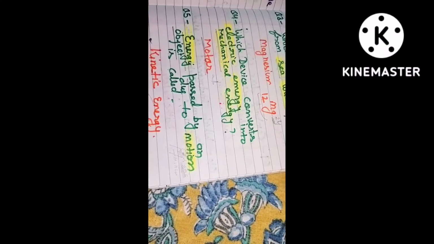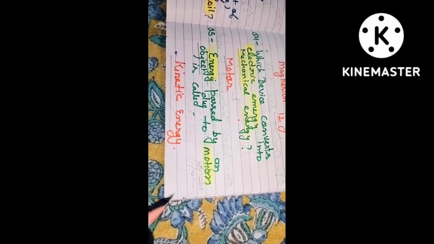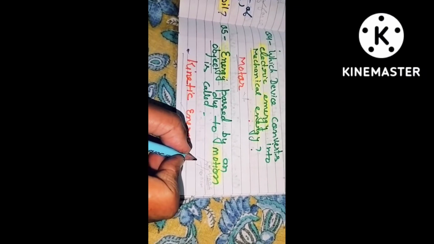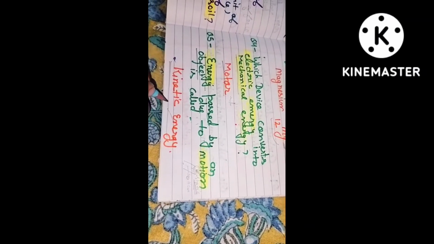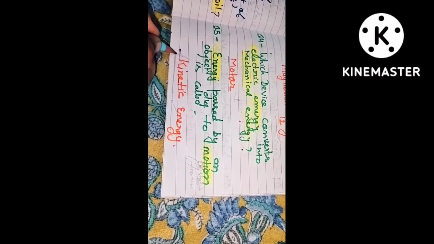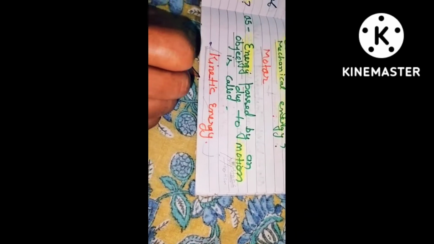Kinetic energy is produced when the object moves from one place to another place through a medium. It means kinetic energy is produced when an object in motion passes from one place to another. Next,